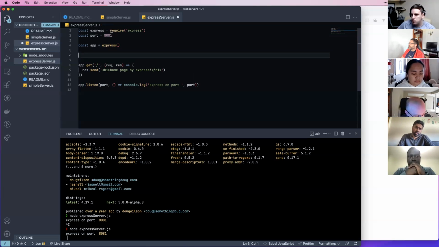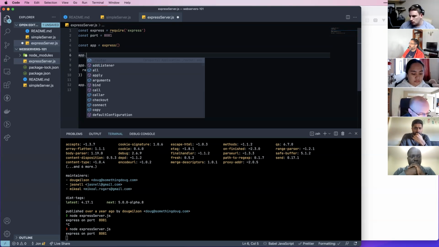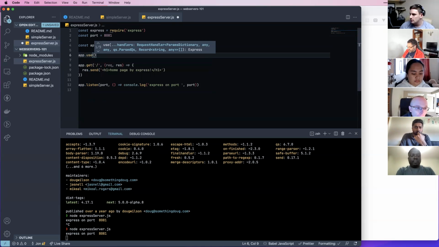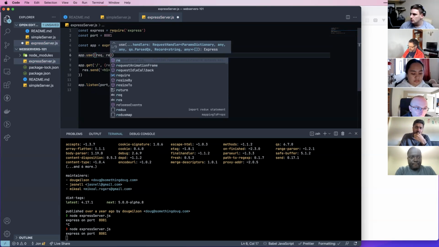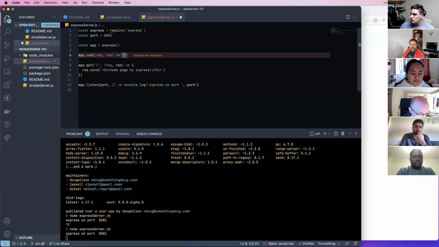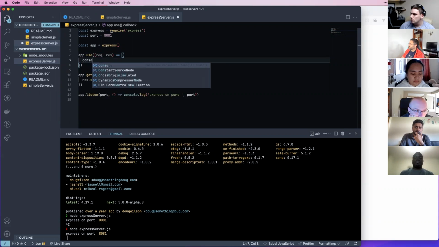Okay, so the way you use middleware is you invoke app, and the method on that is use, believe it or not. And once again, our good friend req, res. There we go. All right, so what I'm going to do is I'm just going to say console.log